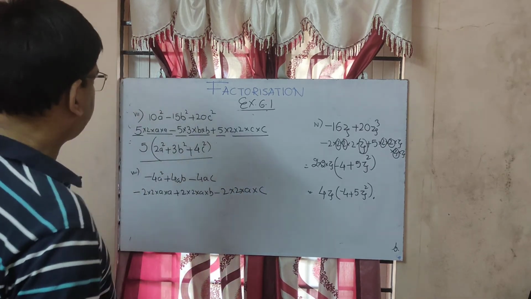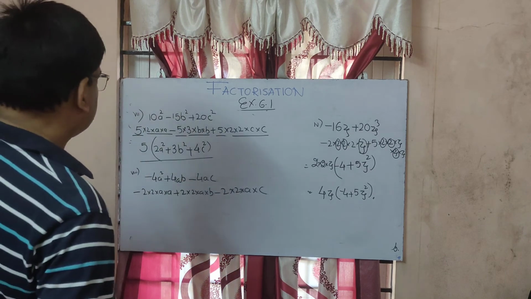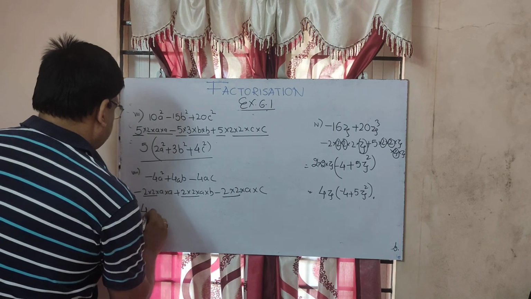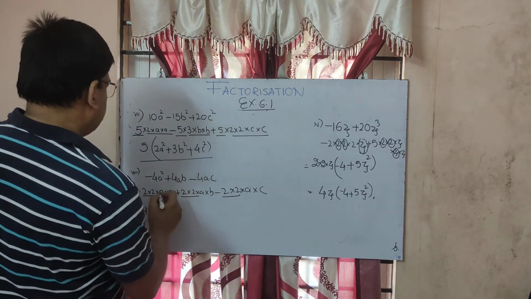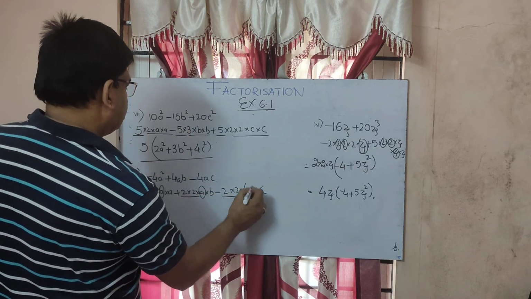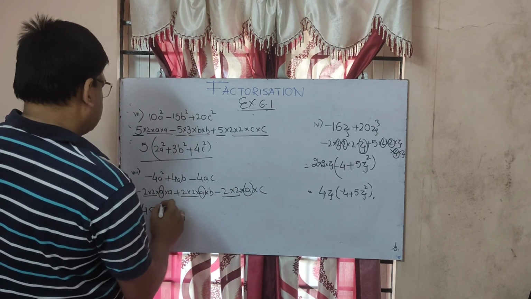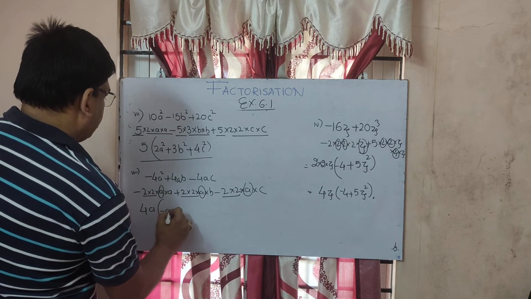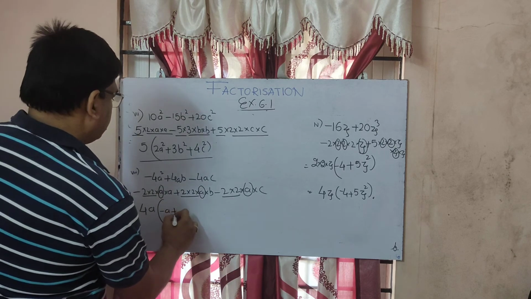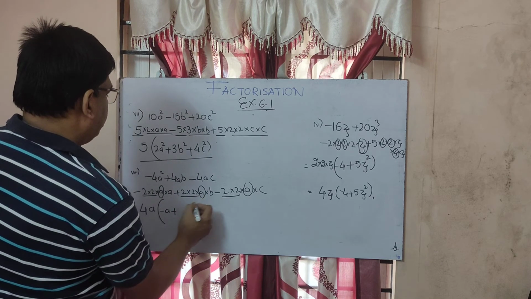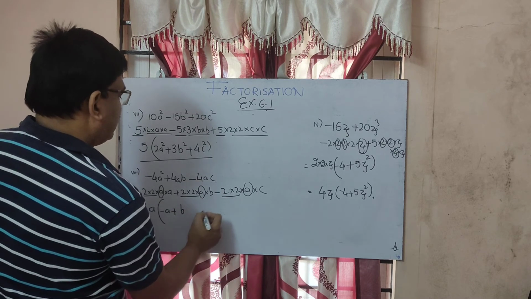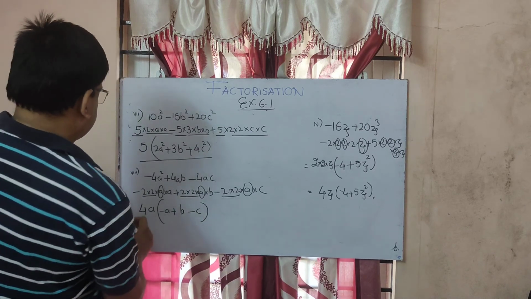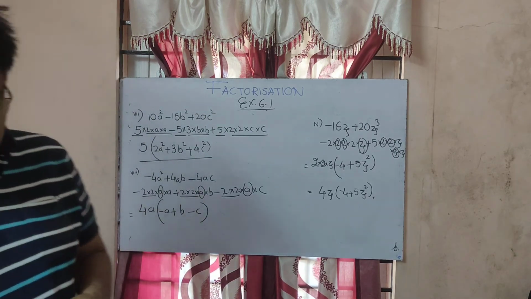Now you just need to find out the common things. Now 4 is common, 4 is common, 4 is common. Now here A is there, here A is there, here A is there. 4A. And other than that there will be no common. So minus is there, so minus A. Plus sign is there, 2 2s are 4 taken, only B left. Minus sign, so what is left? Only C left. So this is how this will be done.